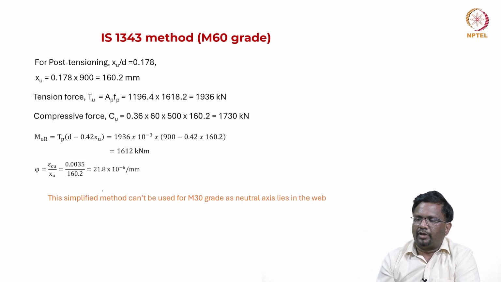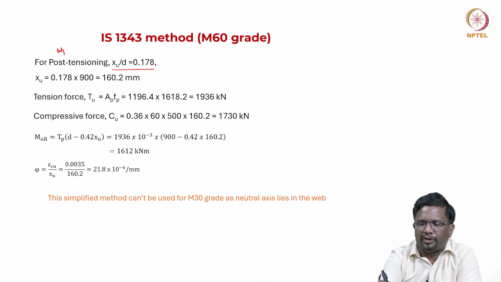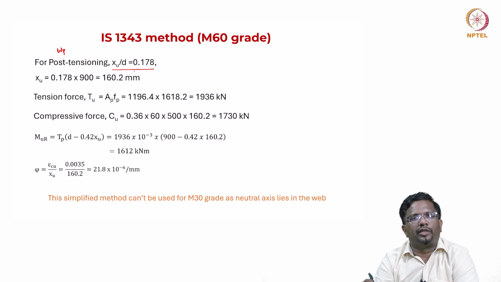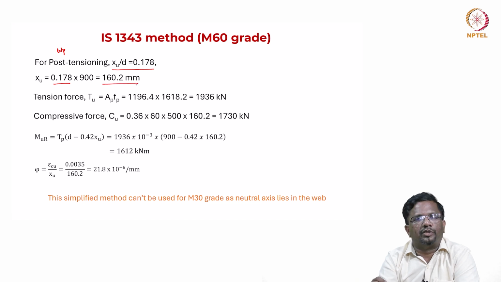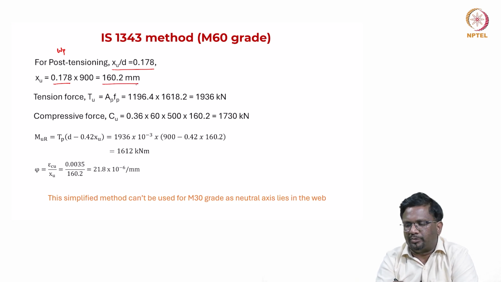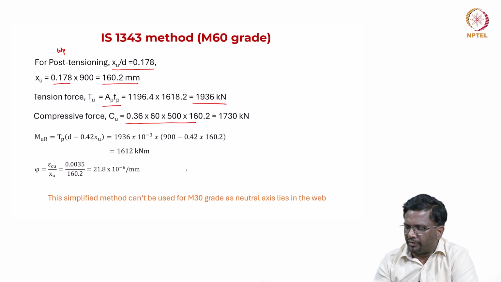rectangular section. Now, for the post tension system, from the table again XU by D, once you calculate your WP, you can go directly to the table and get your neutral axis depth parameter, which is 0.178, and multiply, you get your neutral axis depth as 160 millimeter. Tension force is this, that is 1936 kilonewton. Compression force is this. You see here again the issue here is